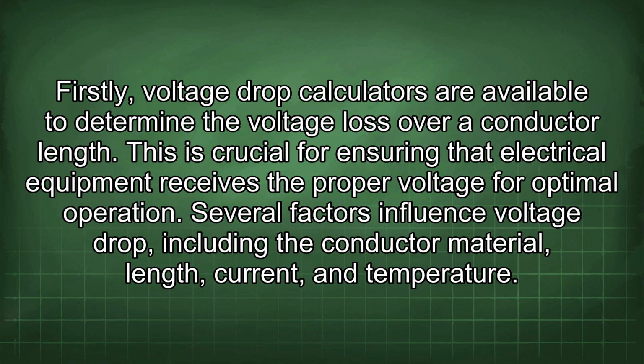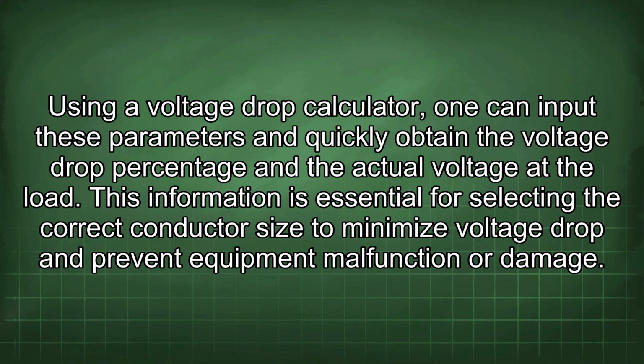This is crucial for ensuring that electrical equipment receives the proper voltage for optimal operation. Several factors influence voltage drop, including the conductor material, length, current, and temperature. Using a voltage drop calculator, one can input these parameters and quickly obtain the voltage drop percentage and the actual voltage at the load. This information is essential for selecting the correct conductor size to minimize voltage drop and prevent